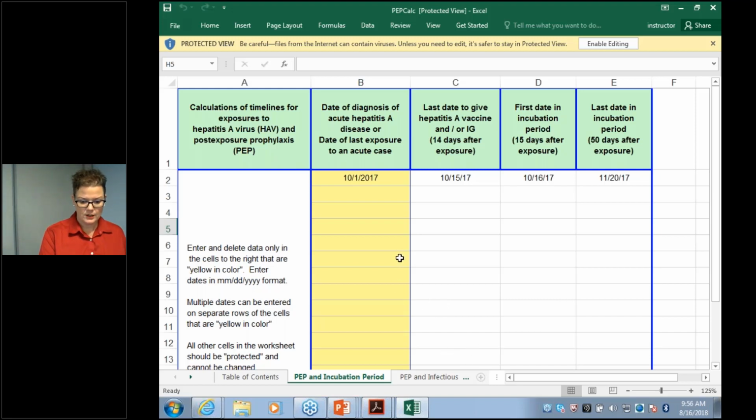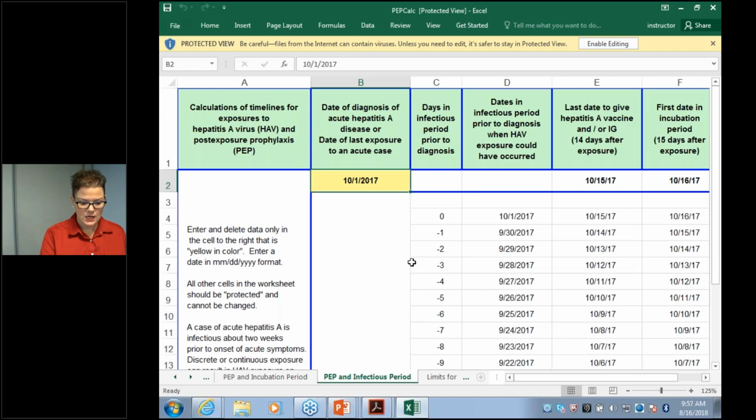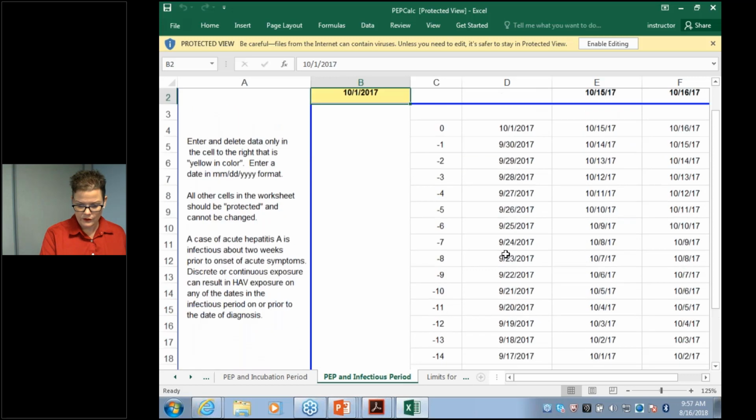Okay, this is the PEP calculator that Dr. Brawley came up with, and you can enter your date of diagnosis here and hit enter, and it will give you the last date to give the vaccine or IG, your first date in your incubation period, and your last date. And then it's got several tabs. This gives you just additional dates. I'm not going to read it all to you. You can read it, but